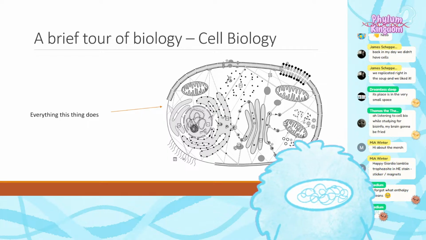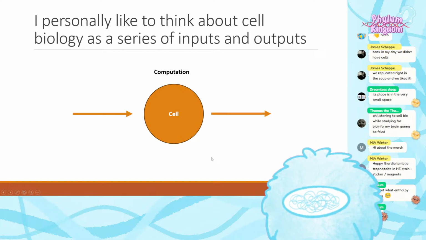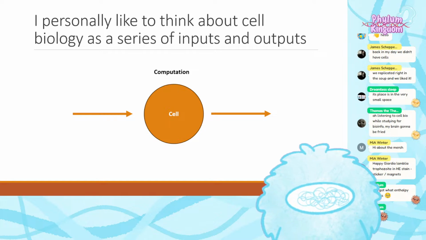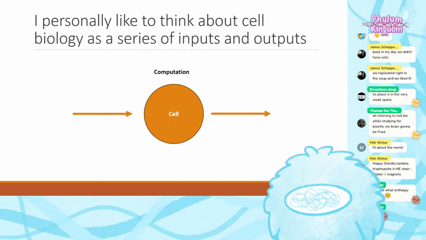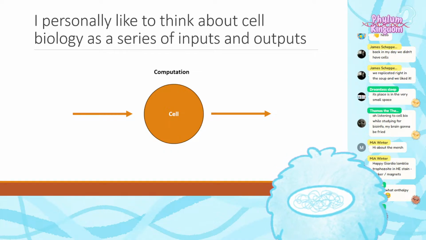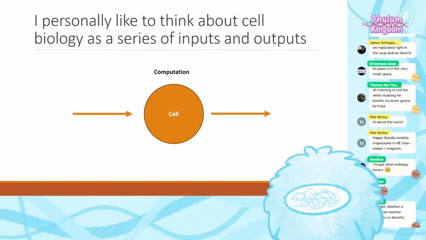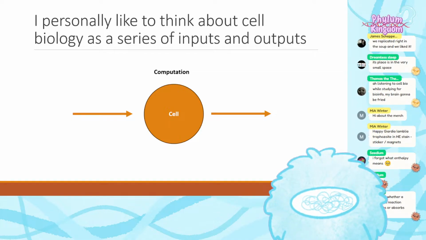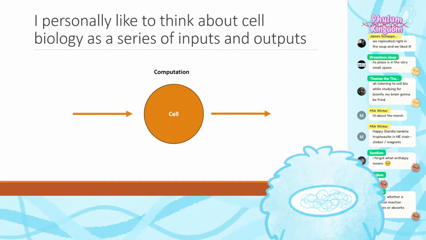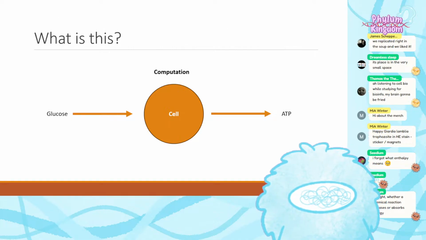All right. So if I were to try and describe a unifying concept about cell biology, it would be thinking of the cell as something that can compute inputs and outputs, right? So the cell receives a signal either from outside of itself or inside of itself, and it reacts to that signal and produces an output. I think if I were to draw one very broad brush around the entirety of cell biology, it would be this concept. And I think it's not a bad idea to view cell biology in this way.